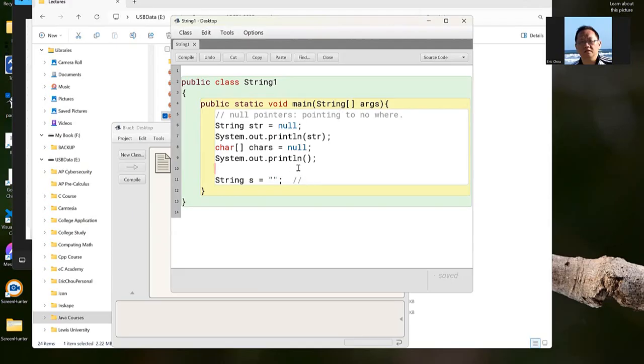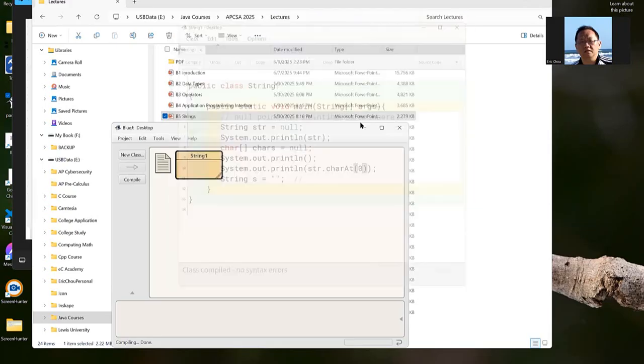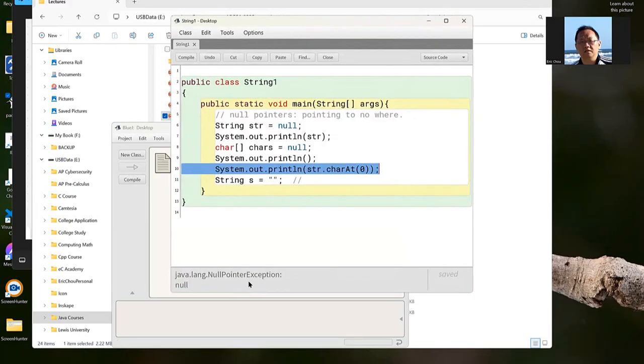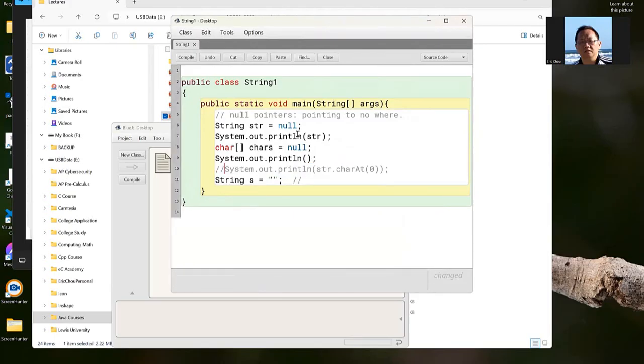So if you say System.out.println(str.charAt(0)), that will not work because your str is a null pointer. A null pointer does not have functions. So you get a null pointer exception. So this is not okay. With a null pointer, you cannot run any function. That's not okay. Now this one with an empty string, it is a string